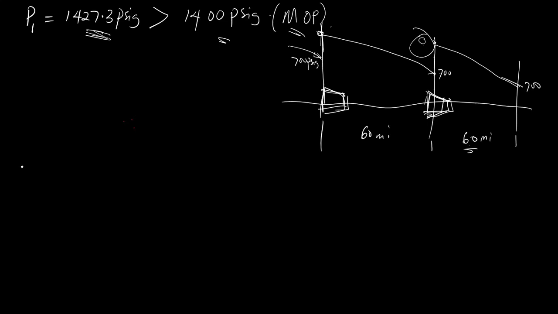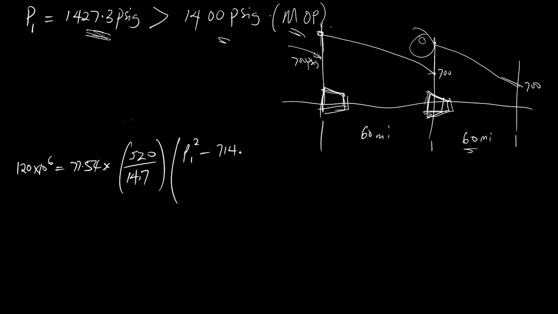The flow rate remains the same, which is 120 times 10 raised to power 6 equal to 77.54 times 520 divided by 14.7 times. Now we're looking for P1 square